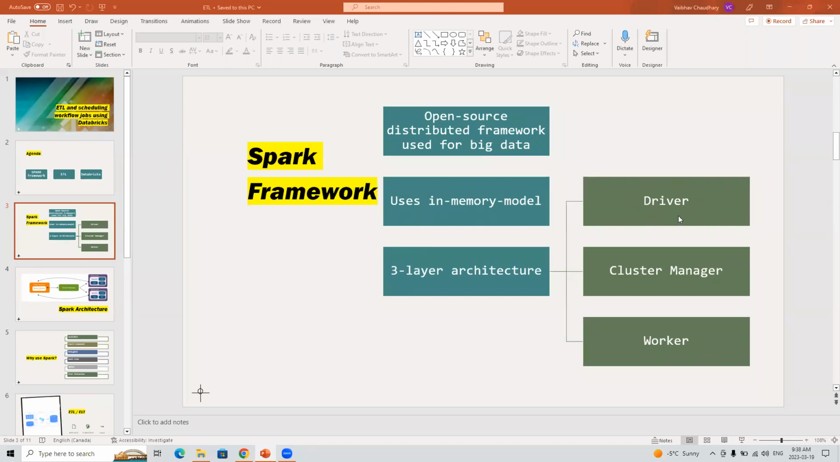And the driver, what it does is when it gets the command from user, so let's say you and I, we are submitting a code to Spark, what it will do is the driver will get initiated, and this driver is having the code with